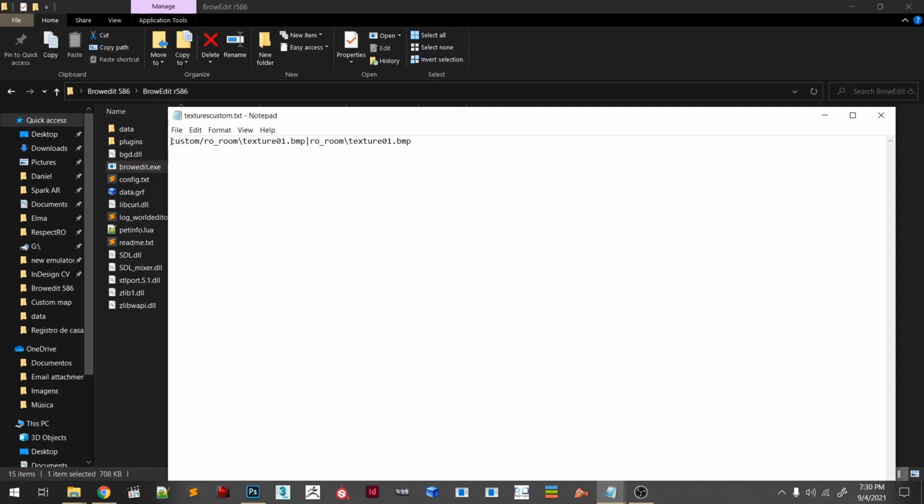So you go to this texture custom.txt and place custom, and then RO room that we just made, texture01.bmp. So this side, if I remember right, is the side that BrowEdit will read, and this side is where the client will read. Alright, so when that is done, hit save.